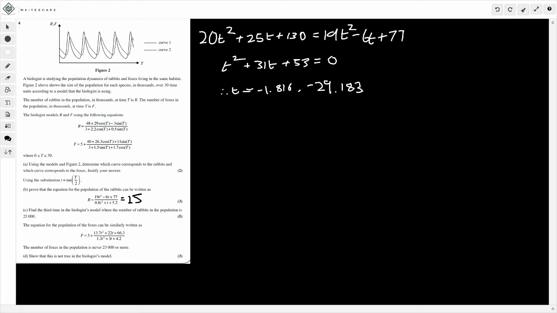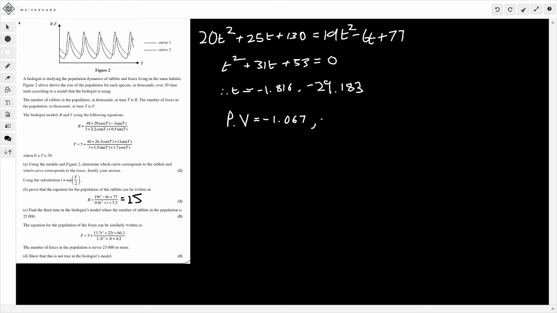Now we need to work out the principal values, right? So I'm going to write this as p.v. The principal values we obtain by doing inverse tan on these numbers here. So if you do inverse tan of minus 1.816, that gives me my first principal value. So my first one will be minus 1.067. And then my next one, if I do inverse tan on this again, minus 29.183, I'm going to get